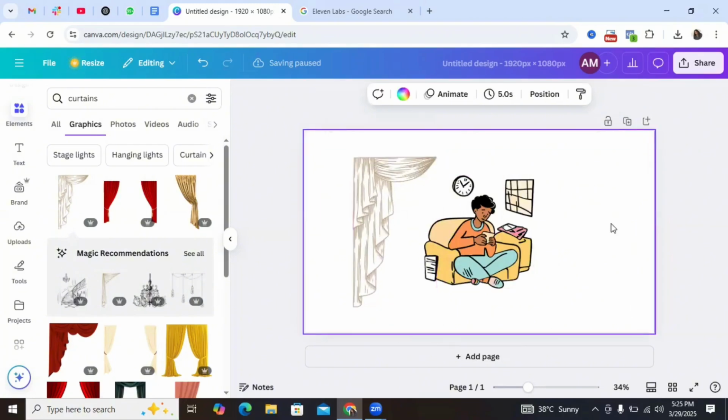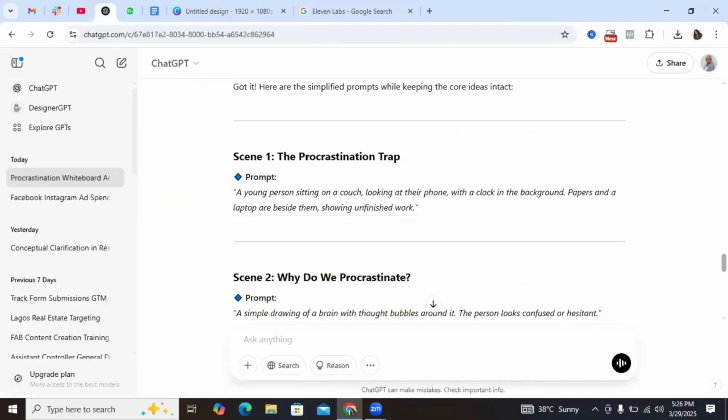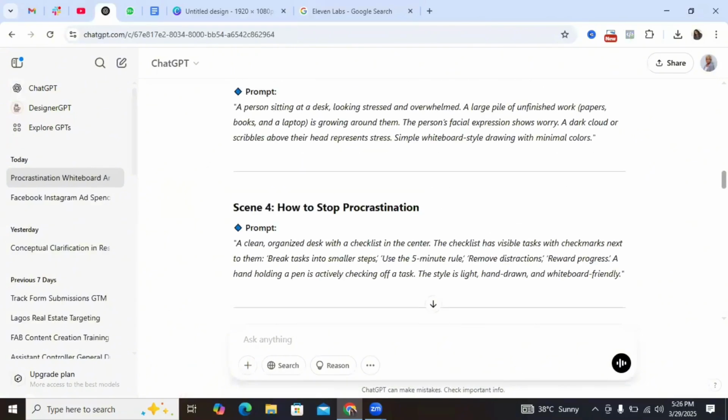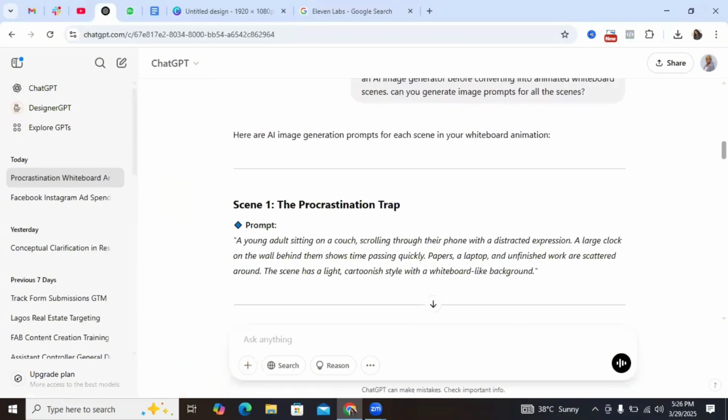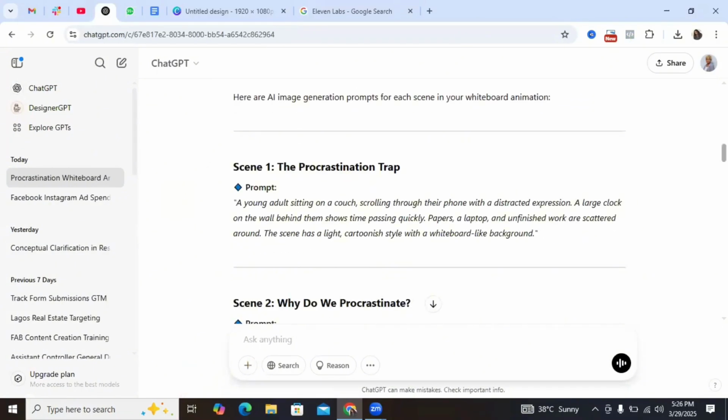Then another thing you can equally do is to add a write-up. All right. So if you add a write-up, the scene is going to be longer, right? So I can say something like, so I can even decide to copy the particular text or the particular narration for that particular scene. So let's say, for instance, the narration for this scene is, I'm going to go back to ChatGPT and I'll go to the scene 1. So scene 1 says,